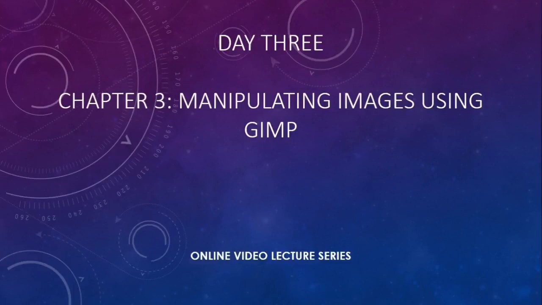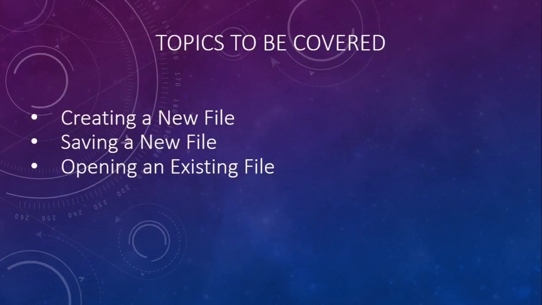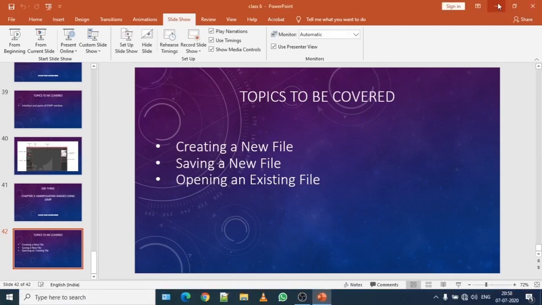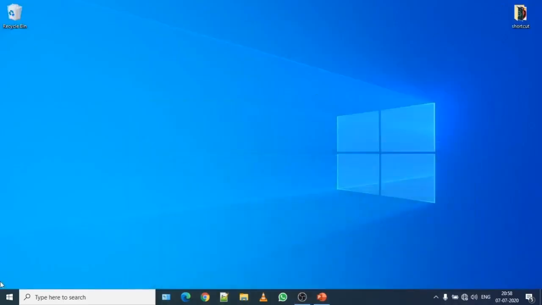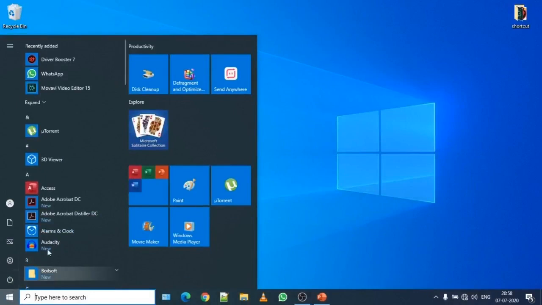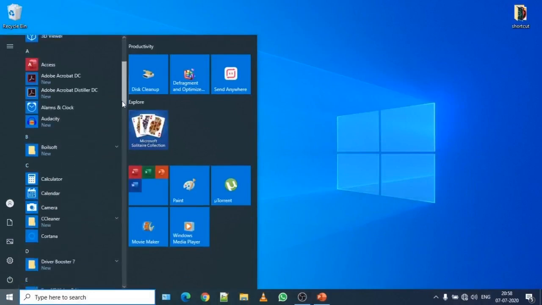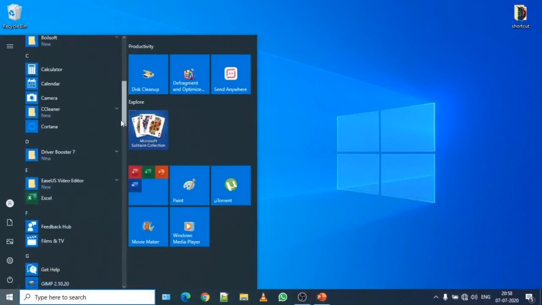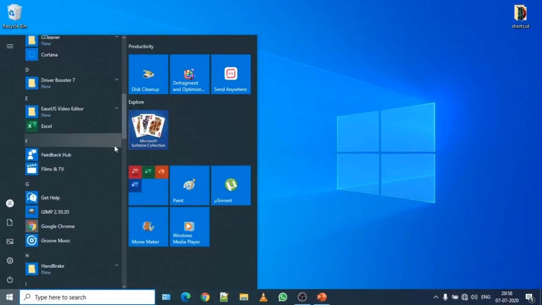So here it is. Let me show you how to create a new file using GIMP application. In order to go through it, click on Start button, scroll down under Start menu, and you will find GIMP 2.10.20.